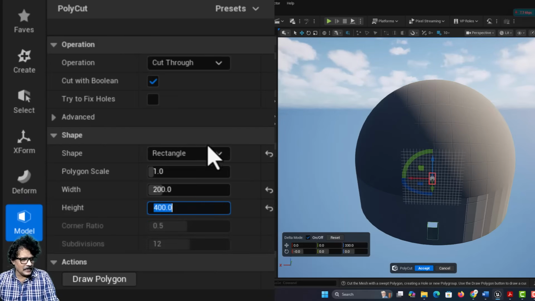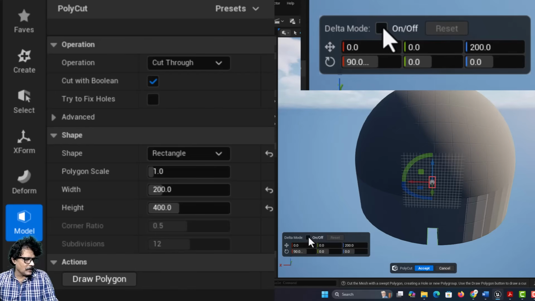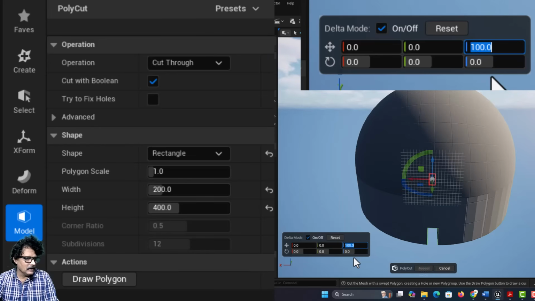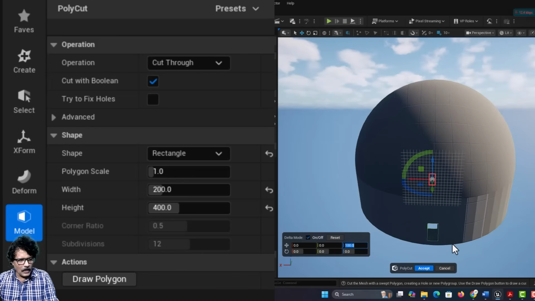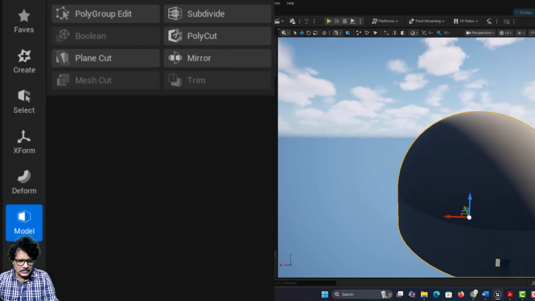And once I set this, I have this, and I will move it down, and from this position it should be 1 meter above. So I will come to delta mode, I will turn it off and on so that this becomes 0. I will type 100 for 1 meter. So when I type, now I got this window, and if I click accept